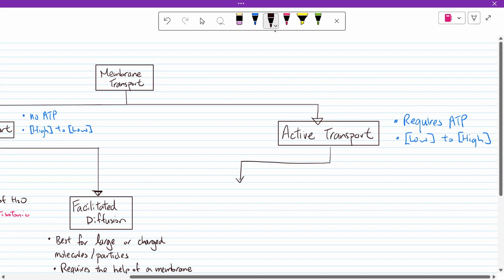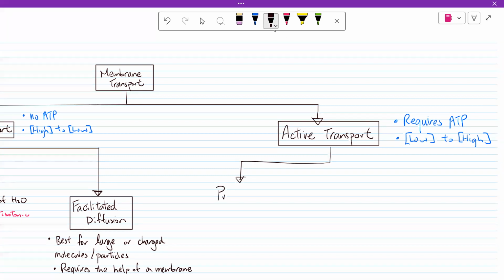The first type we talked about was a protein pump. This thing again needs a membrane protein,